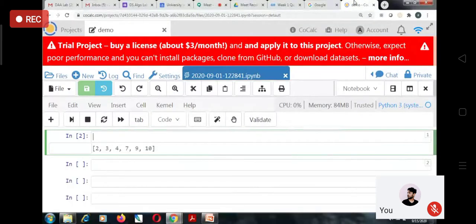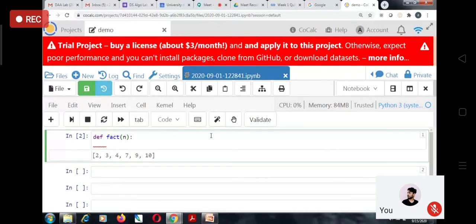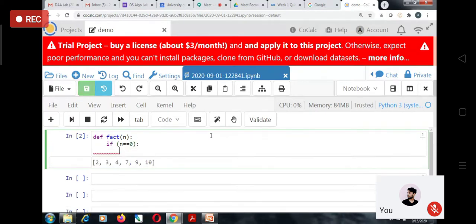Yes. In case of merge and quick sort, we actually write recursive functions. So let's see here in Python how we can write a recursive function. Let's start with a very common recursive function, which is factorial. Let's define a factorial function, and we know that factorial of 0 is always 1, and this is the base condition for the recursion. You already know that from your C programming, right? This is a very common program for recursion.